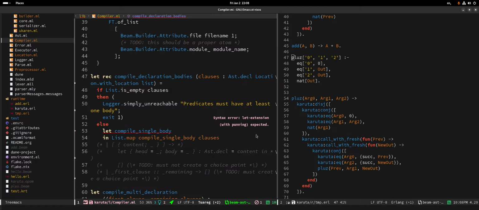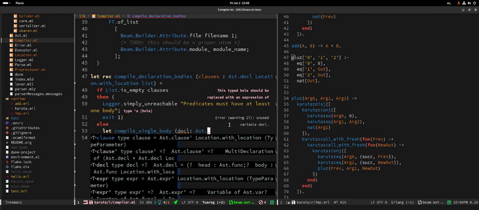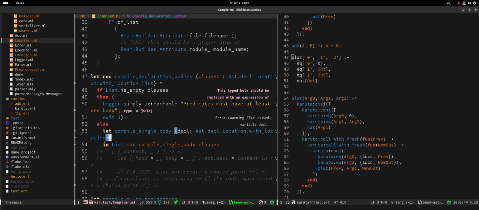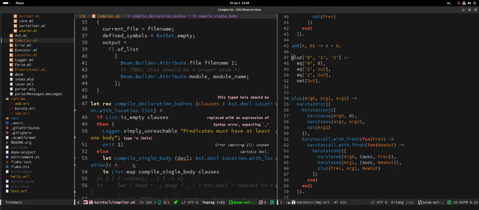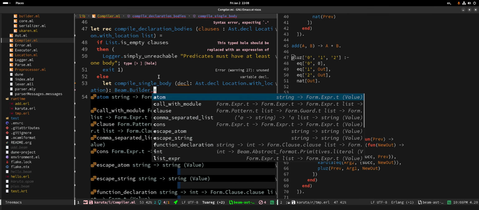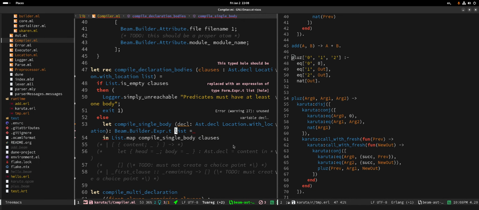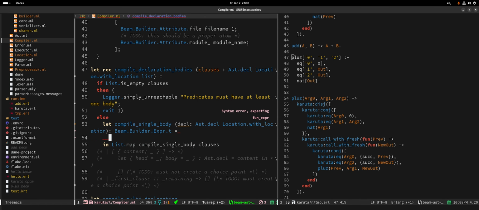So the single case, we're gonna have a decl, which is this thing here. So we just put it there. And what are we gonna return? We need to return an Erlang expression. Okay, so beam. Wait. We already are doing the thing here. So we already have the builder here. Yeah, we should, beam, already have the builder. Expert. But that's a list of those. No, if you're compiling a single body, that's going to be a single expression, because it's going to be a conjunction. You're right. Okay, so now